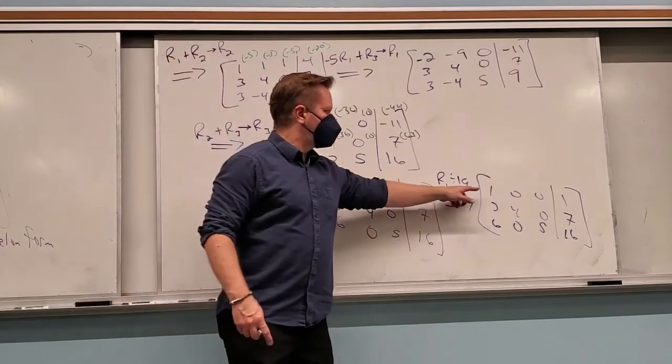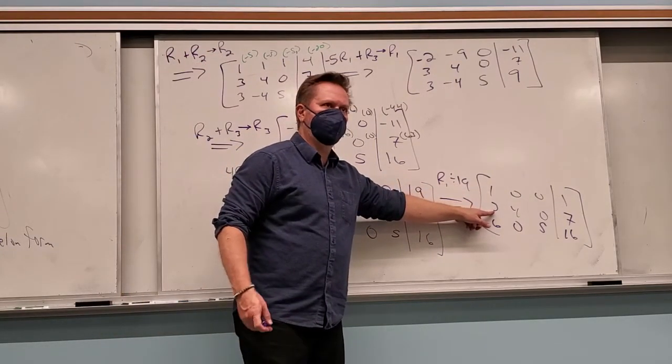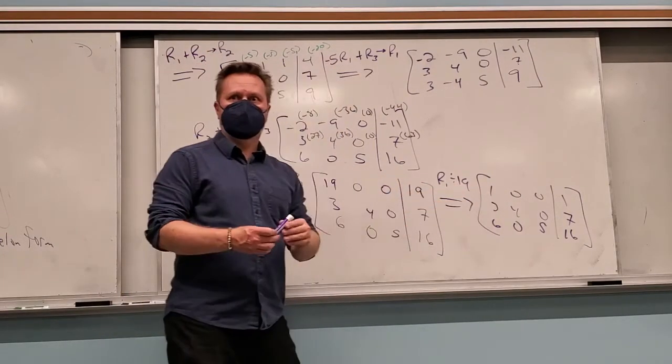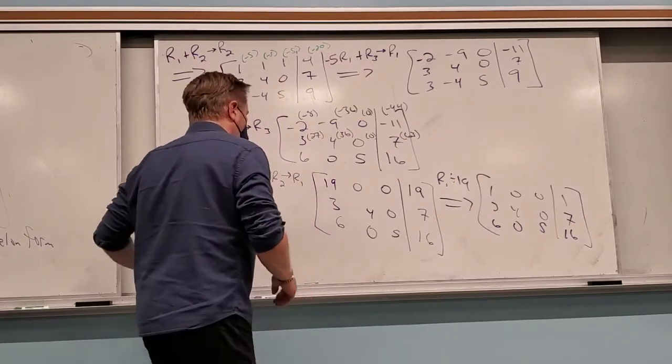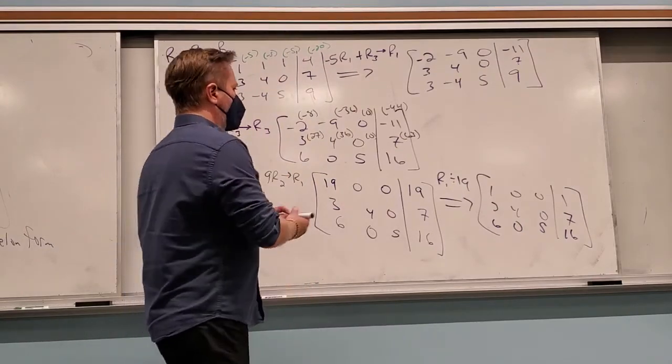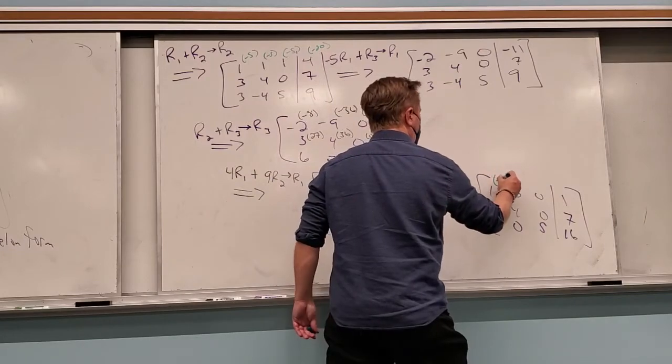So what would I multiply this first row by if I want to kill this 3 here? Negative 3. Let's see if I can do 2 things at once. Let me start to show you some shortcuts. When I multiply row 1 by negative 3,